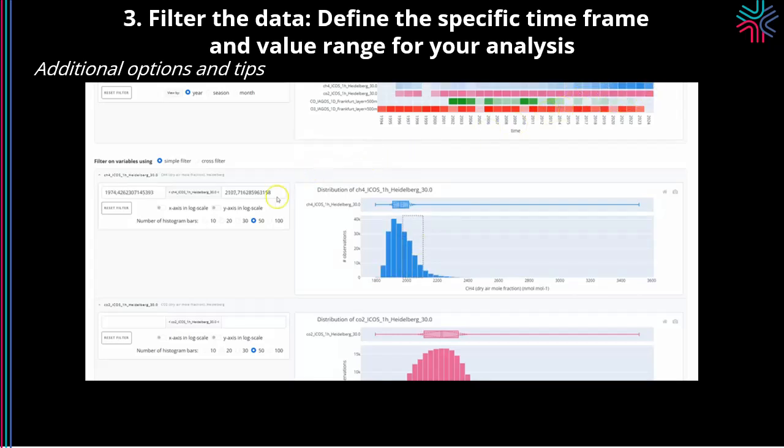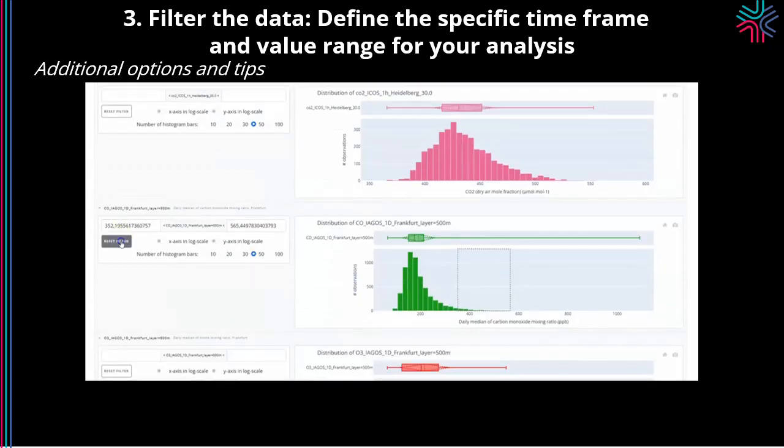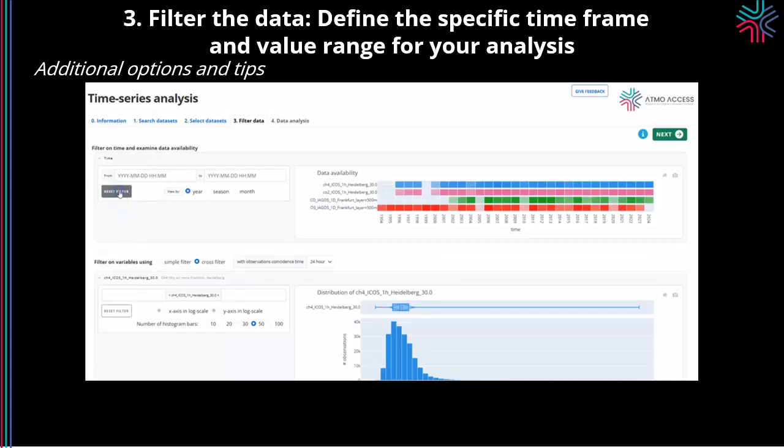Selecting the cross-filter option considers all the variables jointly, forming a single time series of multivariate observations. Consequently, any filter set up on a variable value restricts all variables. Finally, you can reset any of the filters using the corresponding Reset Filter button. In our case study, we can activate a filter for a period during which all the variables were consistently available, or we can leave all the filters deactivated to obtain a comprehensive view.